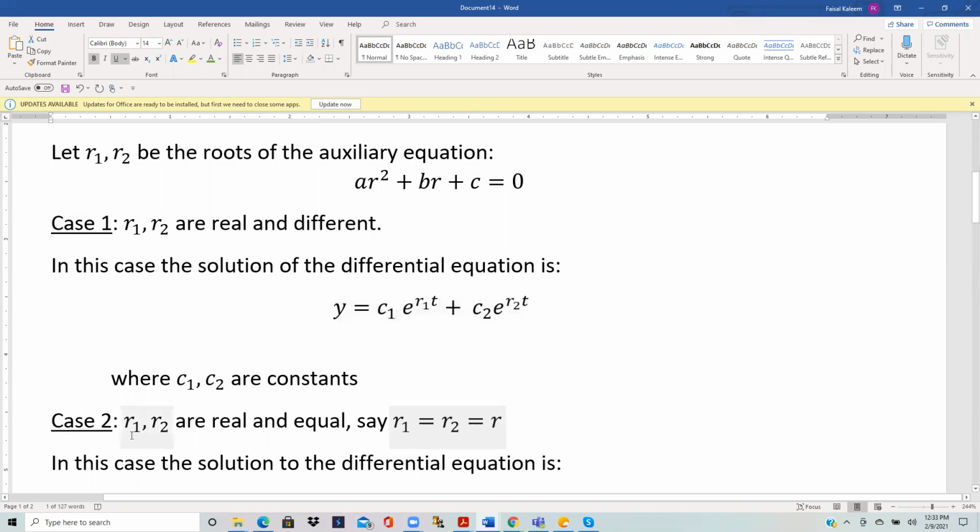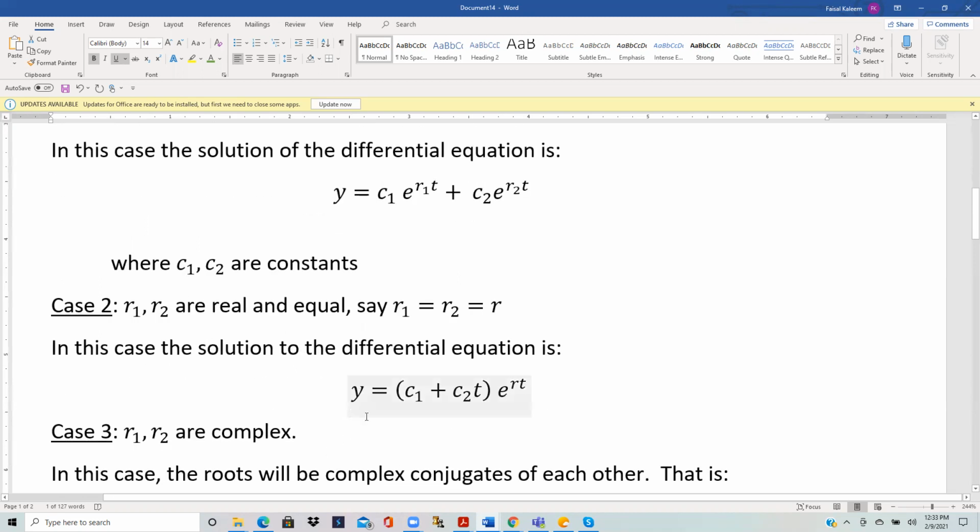Second case could be, remember, a quadratic equation doesn't always have two different real solutions. Sometimes it could have repeated roots. So in this case, we say that the roots are real and equal, and let's say that they are both equal to r. r1 is equal to r2 is equal to r. So in this case, the solution is y is equal to c1 plus c2 t, times e power rt, where r is the common root,